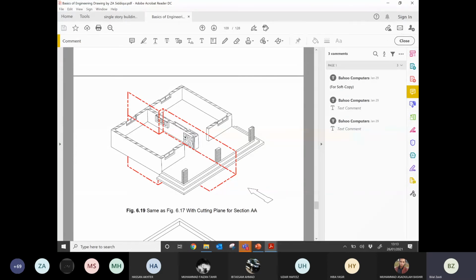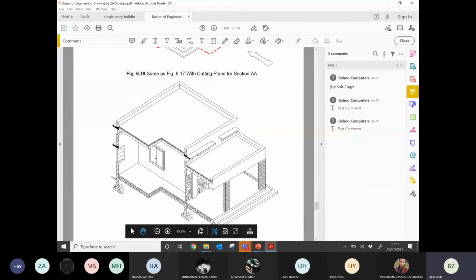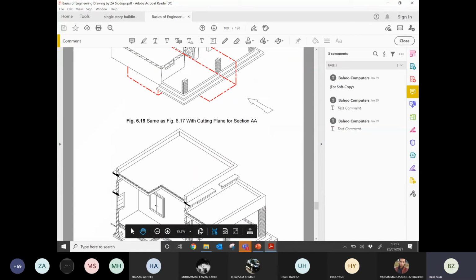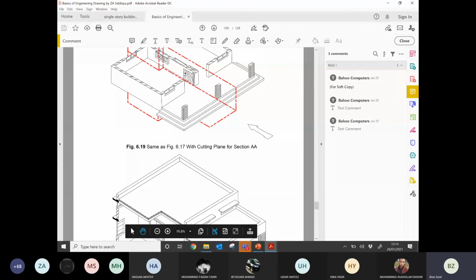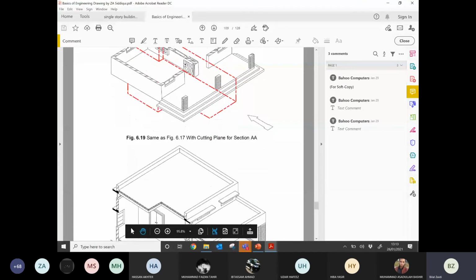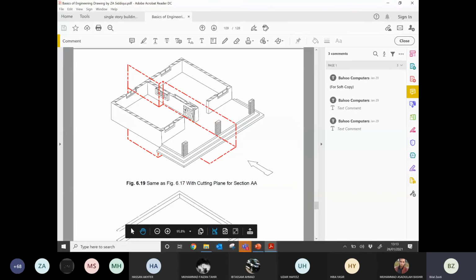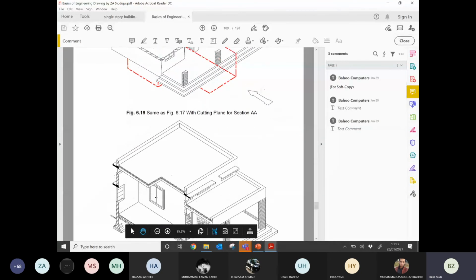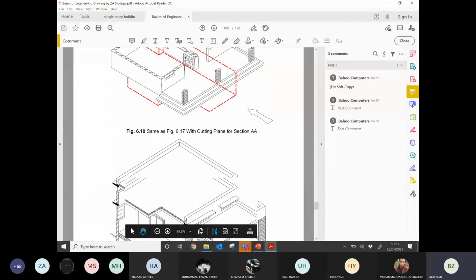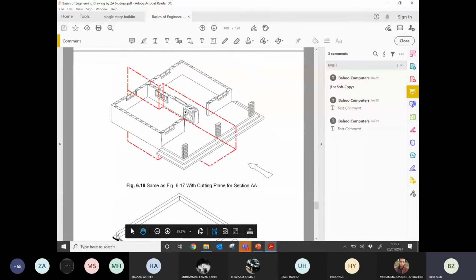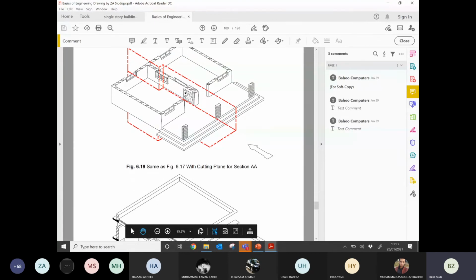They have included some details of the first room and some details of the second room. For example, they have included the details of the door. If they do not turn that cutting plane line and just pass it straight, the line will pass through the wall here instead of the door. So they wanted to include that door detail, that's why they have turned that line to 90 degree.